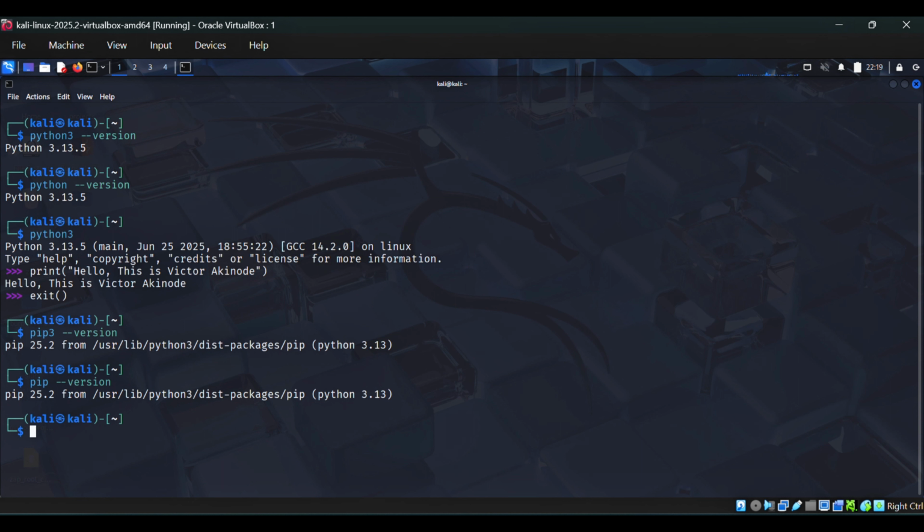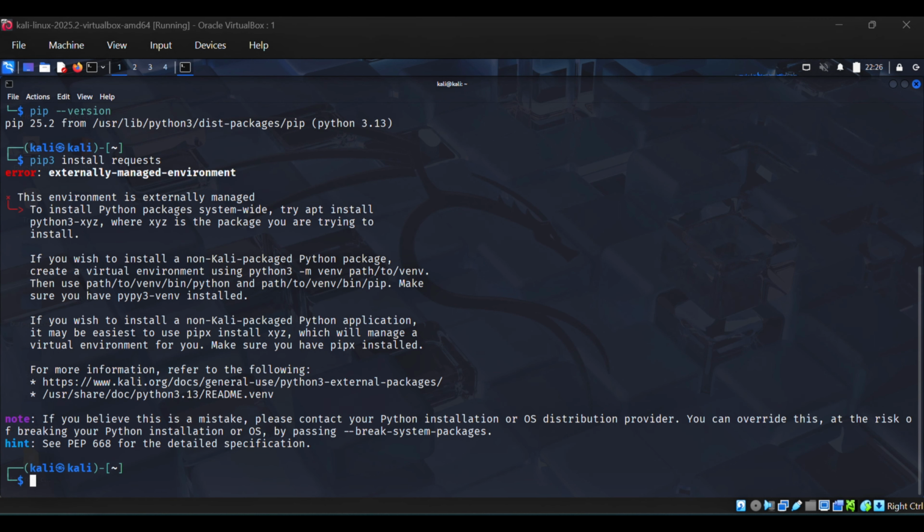Now let's install the Python packages we need for cybersecurity by using the pip package manager. The first common security library we're going to practice with is requests. I mentioned that in our last lesson. If you have not seen the lesson, please check that out, where I explain some of the popular Python libraries that we use in cybersecurity. So let's install requests. To install that, you can run pip install, or pip3, either works, then requests. You can see that we are running into an error, and this is the classic PEP 668